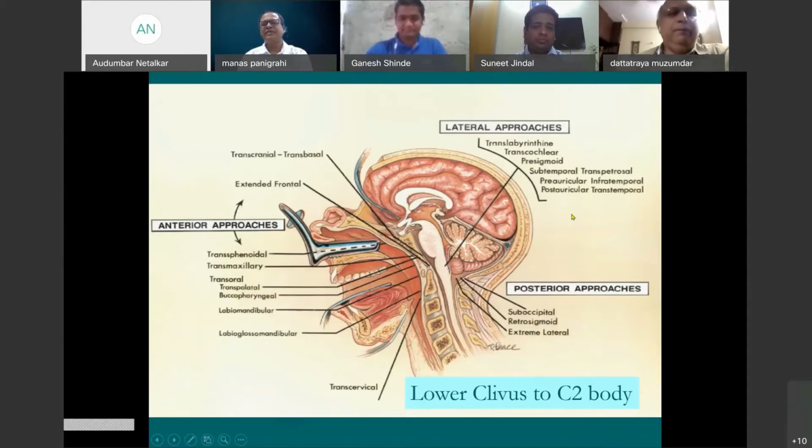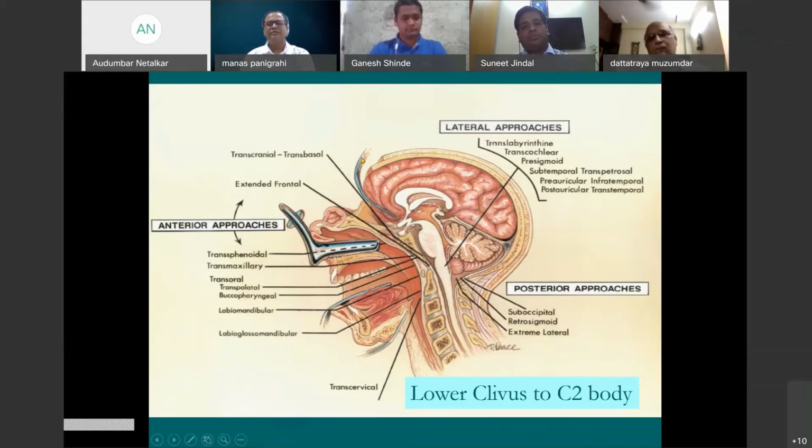But what we have to practice is a few of these approaches so that patients have fewer complications if you are used to a few approaches. Like Dr. Patkar said, you do the cases either transcortical or transcallosal, depending on what you are comfortable with, and each one has its own advantages.